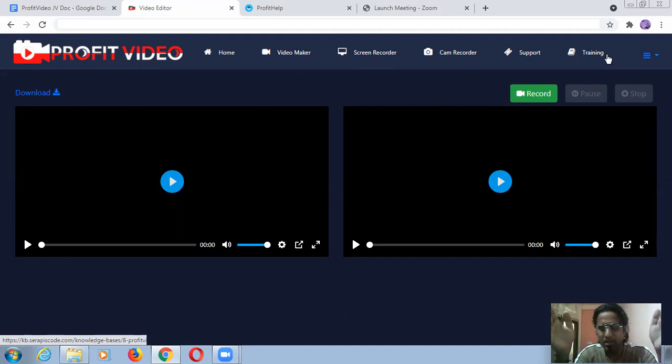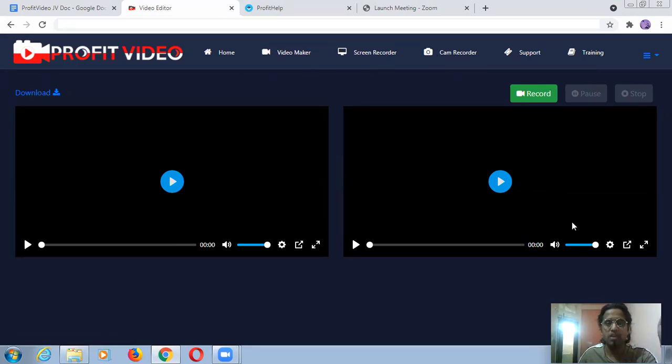Actually, I'm not recommending this one, because in the Zoom application you are already getting 40 minutes for free to use all these features, which is video maker, screen recorder, cam recorder. If you want to go above 40 minutes, then you have to pay, obviously on a monthly basis. Here you have to pay one time only, but 40 minutes is already very valuable because in 40 minutes you can make some videos and also some recordings and cam recordings.